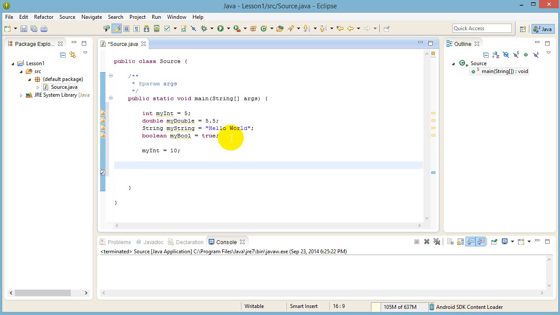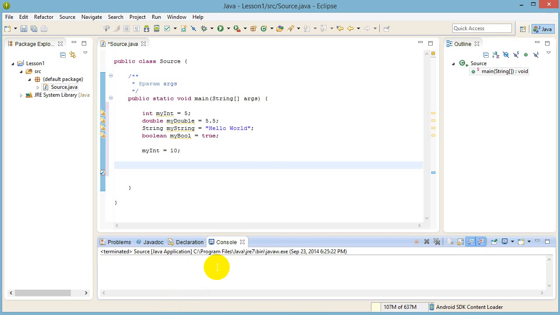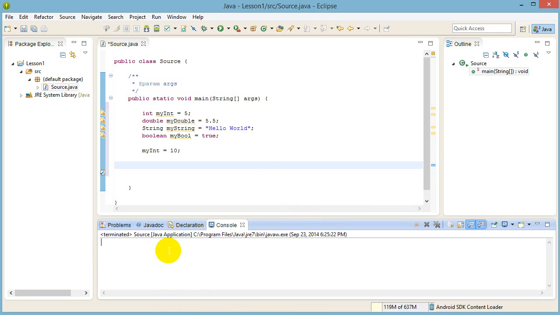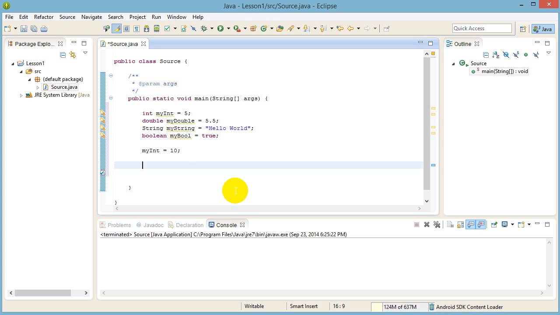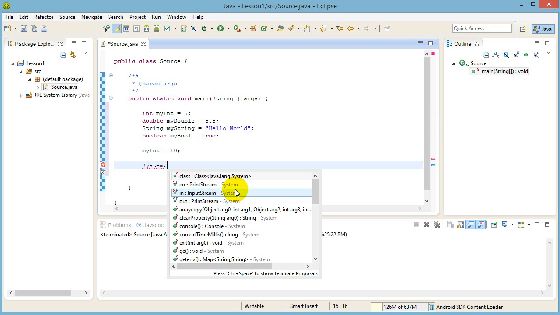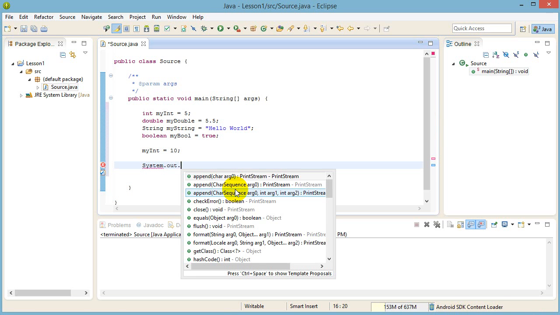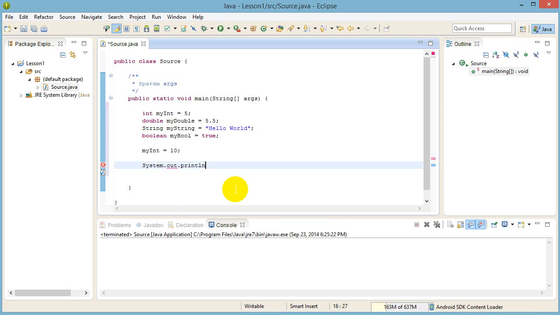Well, I'm going to show you how we can print the value of a variable or text to this little console window down here. And we can put some text in here. So what I'm going to do is there's a command. For now, don't worry about the technical details of this. You will learn in the future. But for now, just copy. This is how we're going to print to the console. We're going to say System, capital S, dot, out, dot, println, which stands for line, and then you open up